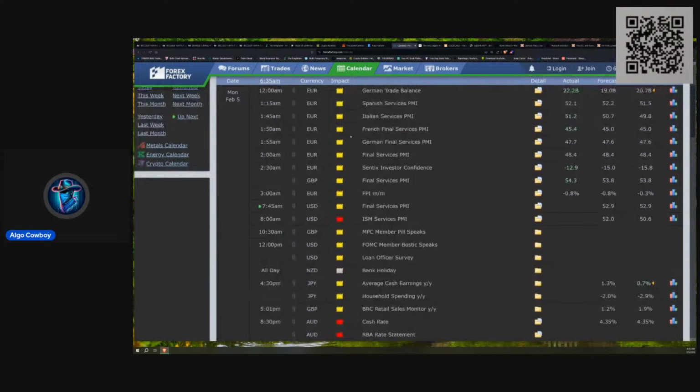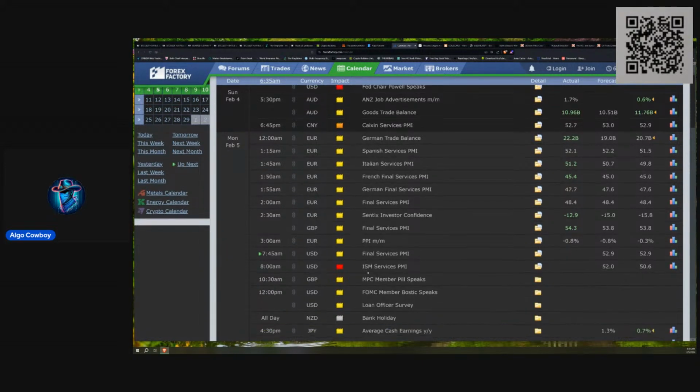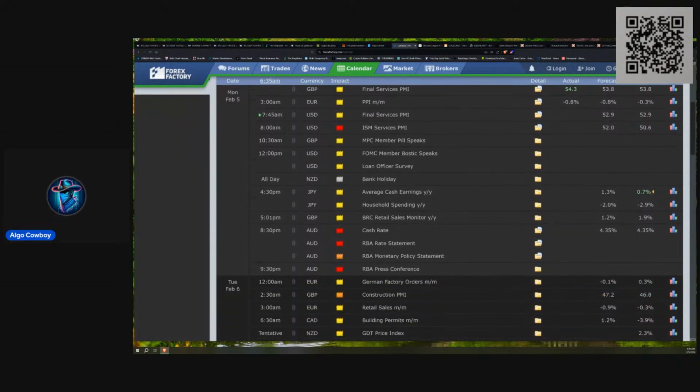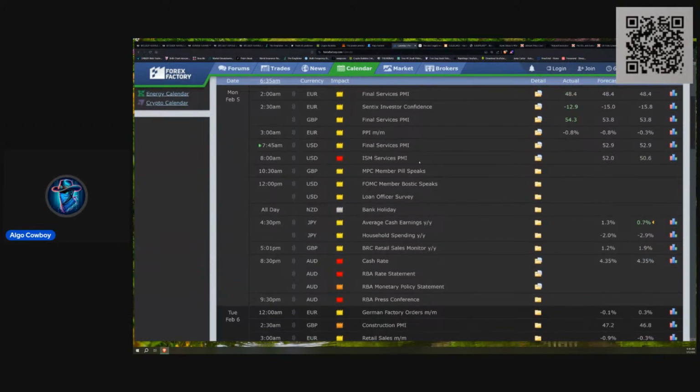All right. So look, Monday the 5th, that's today. Let's see what we got on the calendar. 8 a.m. you have USD ISM services PMI. That's important. That's 8 Mountain, so that's 10 EST, right? So you're looking at 10 o'clock, about 30 minutes after the market opens. And then you have some Aussie news. So after this 10 EST, there should be a fair amount of decent volatility in the morning, right? Market open on a Monday, prices move. Then you got this news coming out, should push price along a little bit. You know me, I don't trade during the news event. I wait until after the market has more or less absorbed that news.